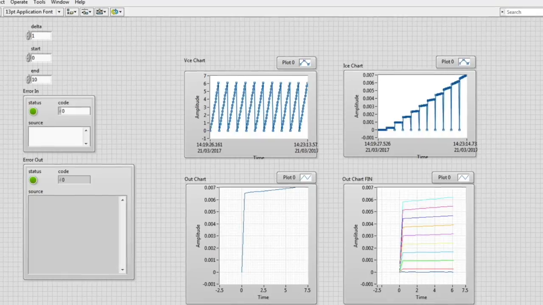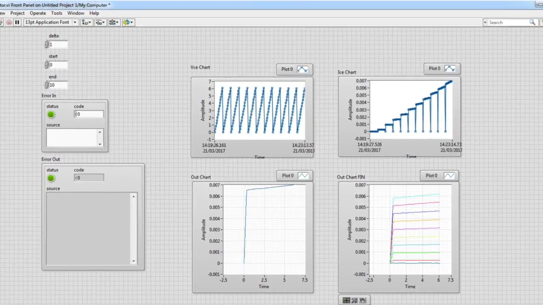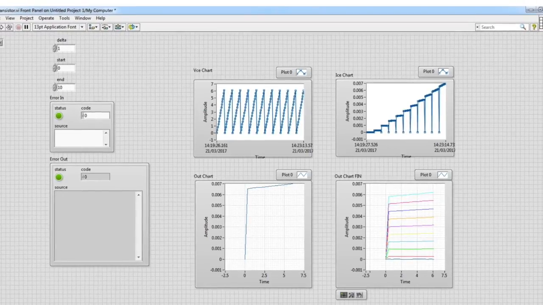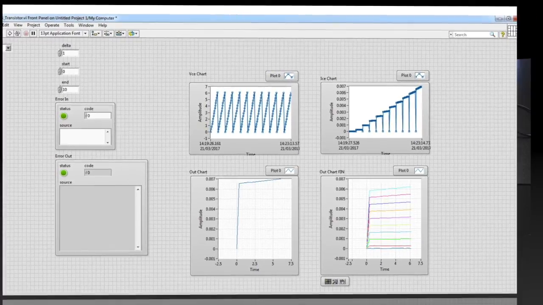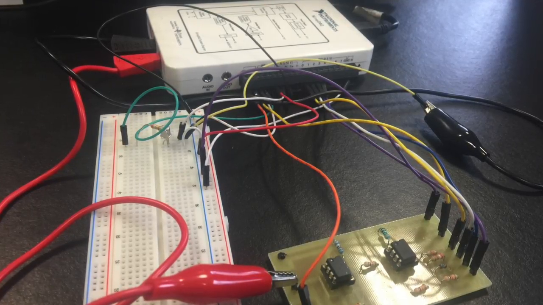These graphs and charts are shown on the front panel of LabVIEW, making it quick and simple to view them. 2 of the graphs on the front panel show the results of ongoing tests. To test a new transistor, all you have to do is pull out the current transistor and replace it with